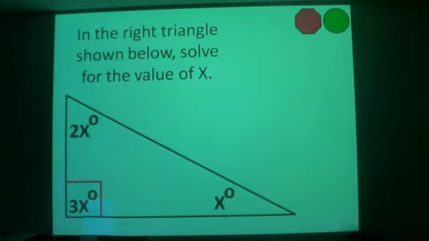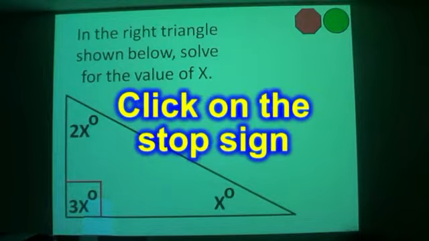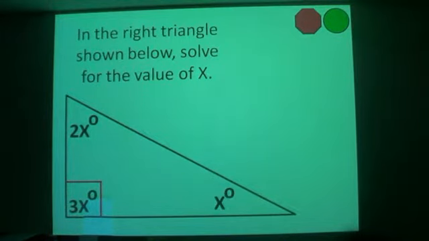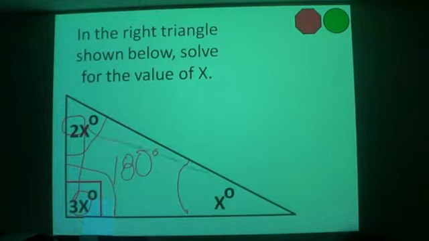In the right triangle shown below, solve for the value of x. Click on the stop sign, get a piece of paper, and try to work it out. You should know that all triangles have exactly 180 degrees if you add up all of the internal angles. So here we have 3x plus 2x plus x equals 180 degrees. That's 6x. 6x equals 180